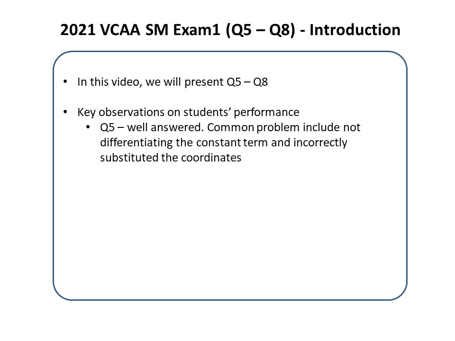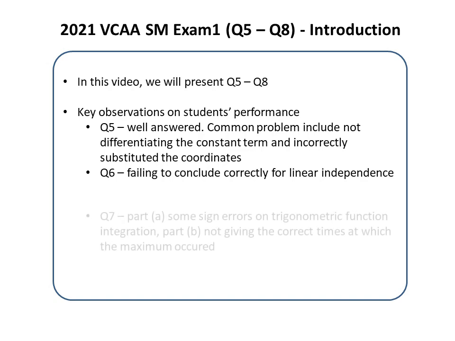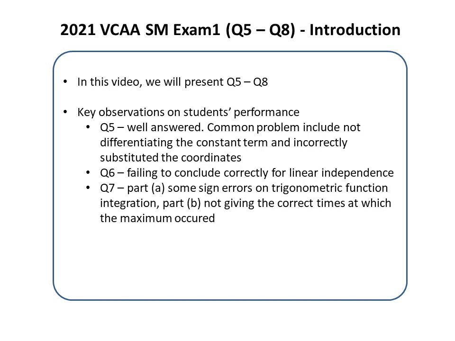However, the common problem in question 5 is that students did not differentiate the constant term to get 0, as well as incorrectly substituted the coordinates. In question 6, some students failed to conclude correctly for linear independence, even though they were able to find the p-values for linear dependence. In part A of question 7, some sign errors were made when the trigonometry function was